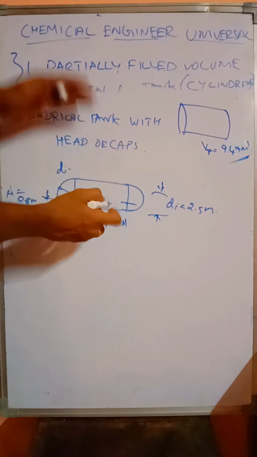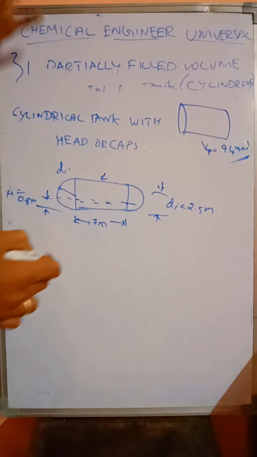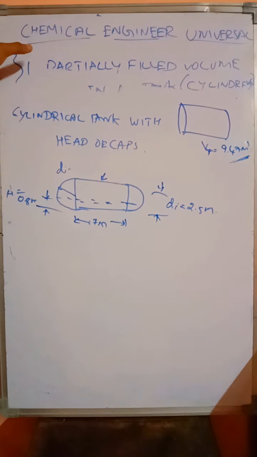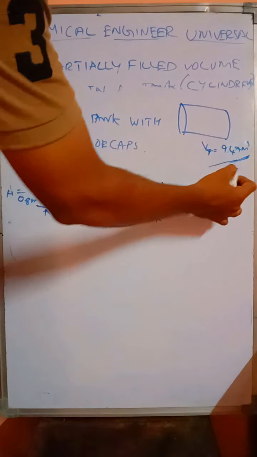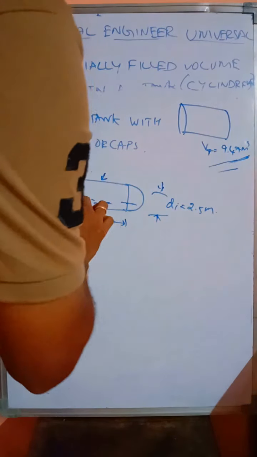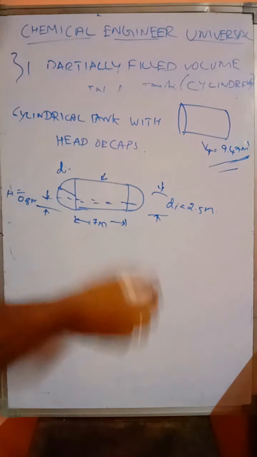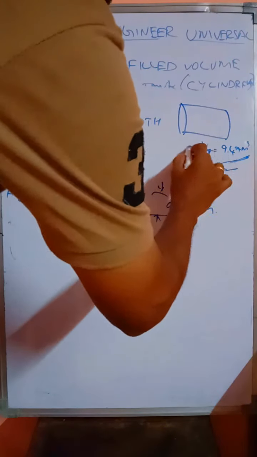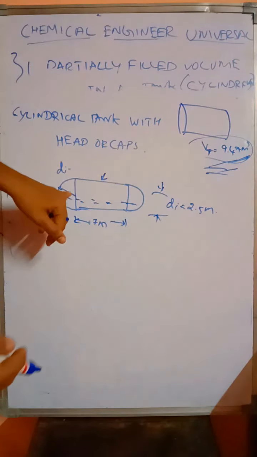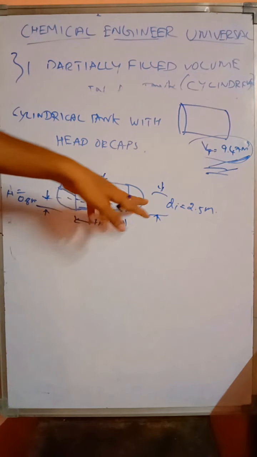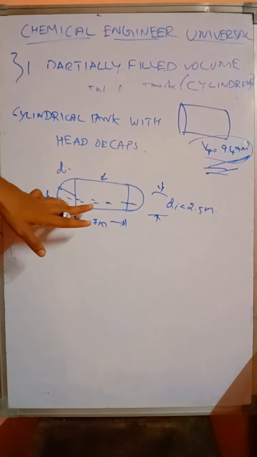So for this cylindrical part we have done the previous calculations the last time. So that value is 9.47 we have calculated for this area for the head of 0.8 meter. So just take a note on this, and then now we have to calculate for this portion for both the sides. First, initially we calculate for this sphere.